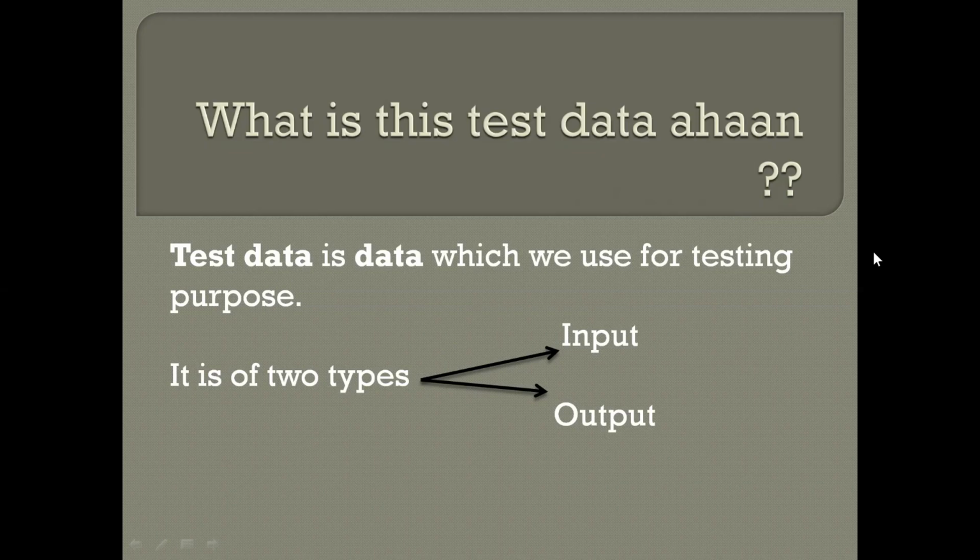When it comes to output, for example, we provided some input to the website or to particular fields, the output which we get back, maybe in terms of text, an image, or any other thing, we call output test data. Either we can store that or we can check whether it is as expected or not, as per our test cases.